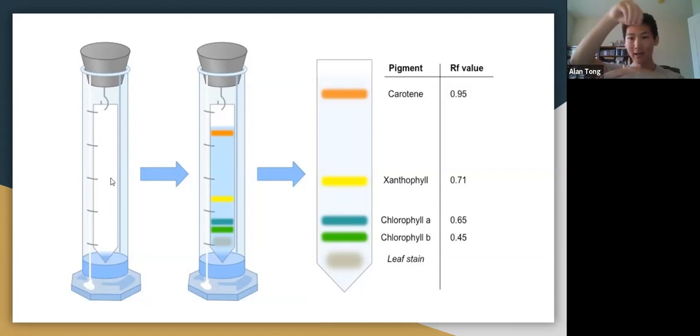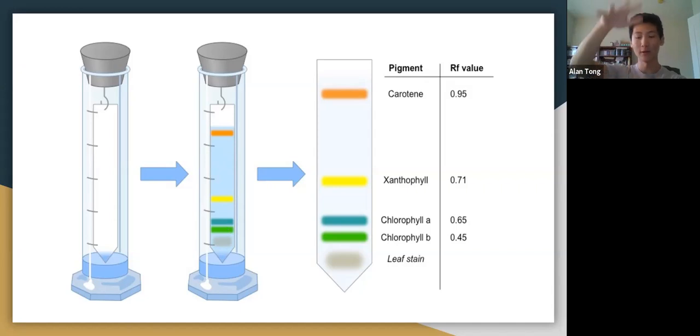And so as that level is rising, it's bringing up that pigment. And different pigments rise up at different rates. So in this case, the orange might be the tortoise who goes first, right? And then the yellow one might be some semi-tortoise, and this one might be a hare, another hare, right? So it's just like these things go up at different rates, and you can separate them out based on this